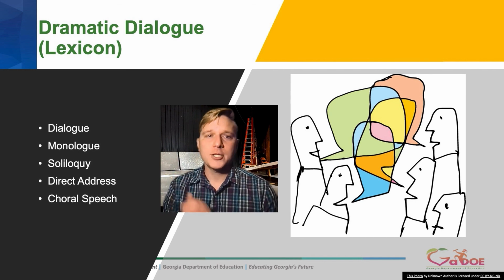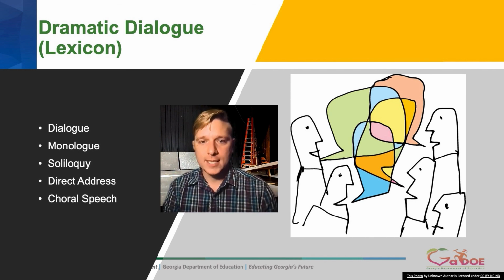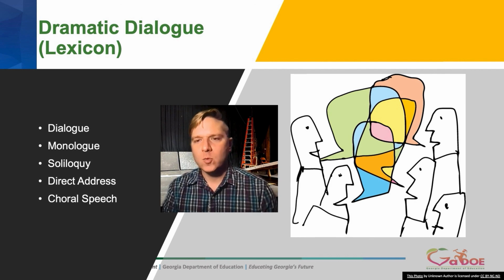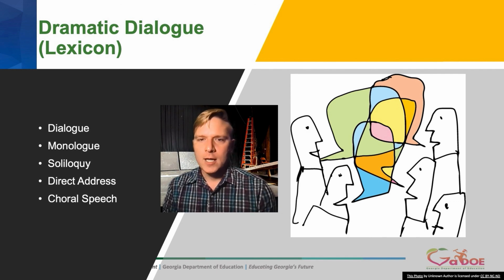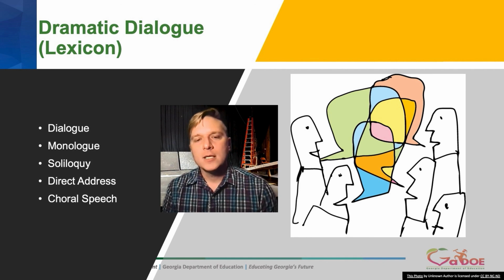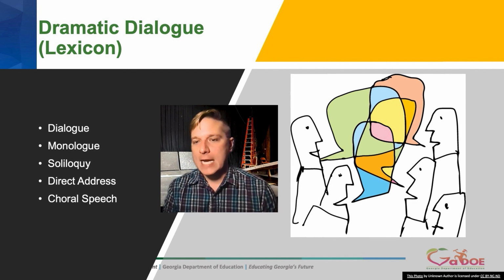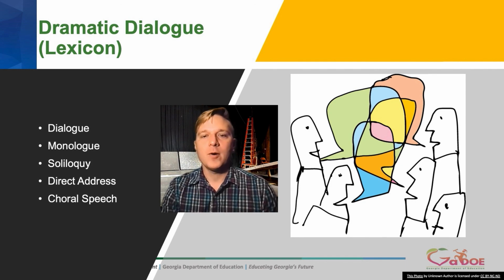The following are some stage conventions associated with the words that characters say. Dialogue. This specifically means multiple characters speaking to one another, all attempting to achieve their own goals. Monologue. A longer speech on stage, often in the presence of other characters. A soliloquy, a private monologue or a monologue directly addressing the audience where a character speaks inner thoughts aloud. Direct address, this is speaking directly to the audience, breaking the fourth wall. Choral speech, this would be characters speaking the same lines in unison or singing the lines together. These are found in Greek theater and other poetic styles.